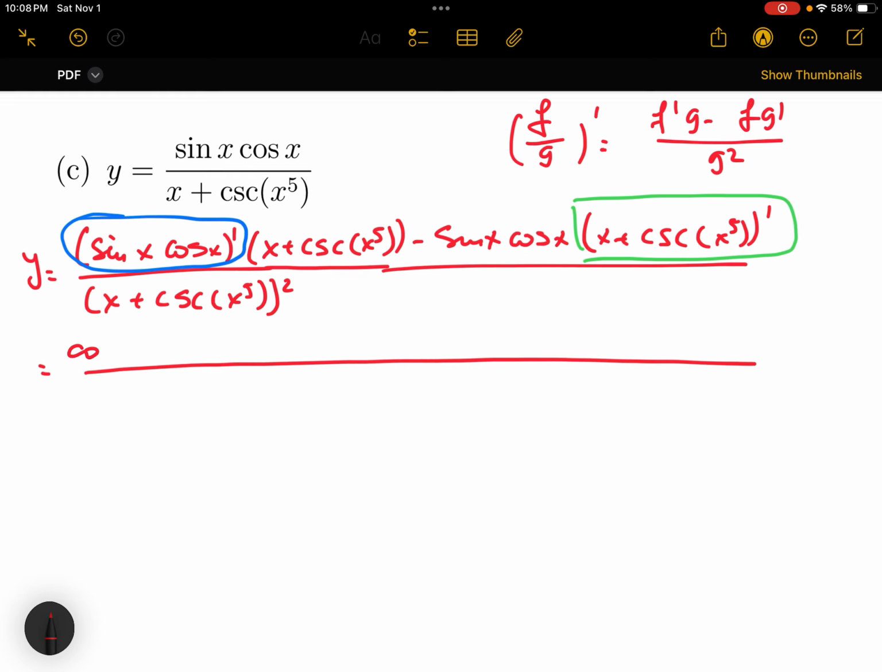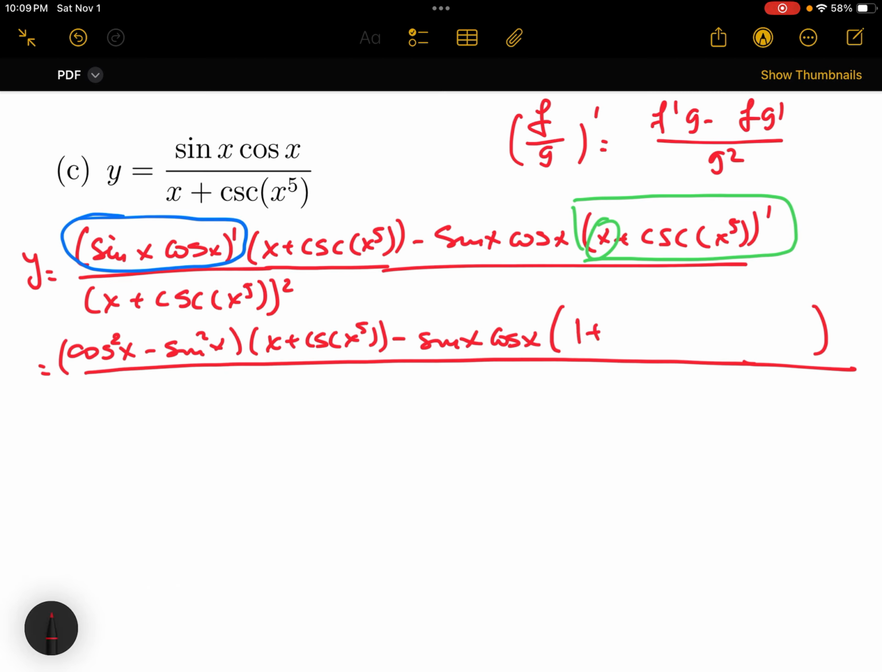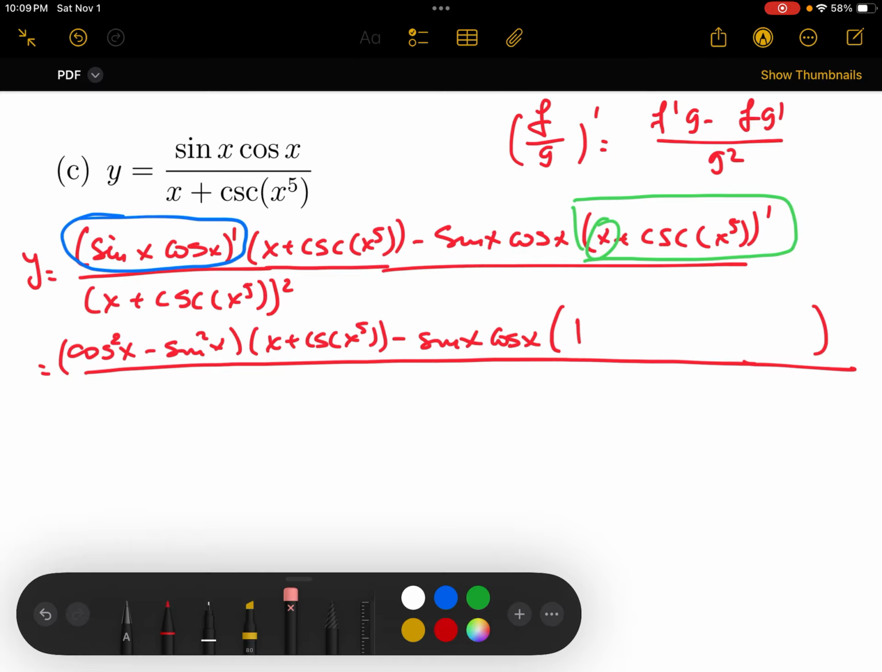Derivative of sine is cosine, so cosine x times cosine x is cosine squared x, plus sine times the derivative of cosine, which is negative sine, so minus sine squared x, times x plus cosecant of x to the power 5, minus sine x times cosine x, and here, as we said, the derivative of x is just 1, plus, or better said minus, because the derivative of cosecant is negative